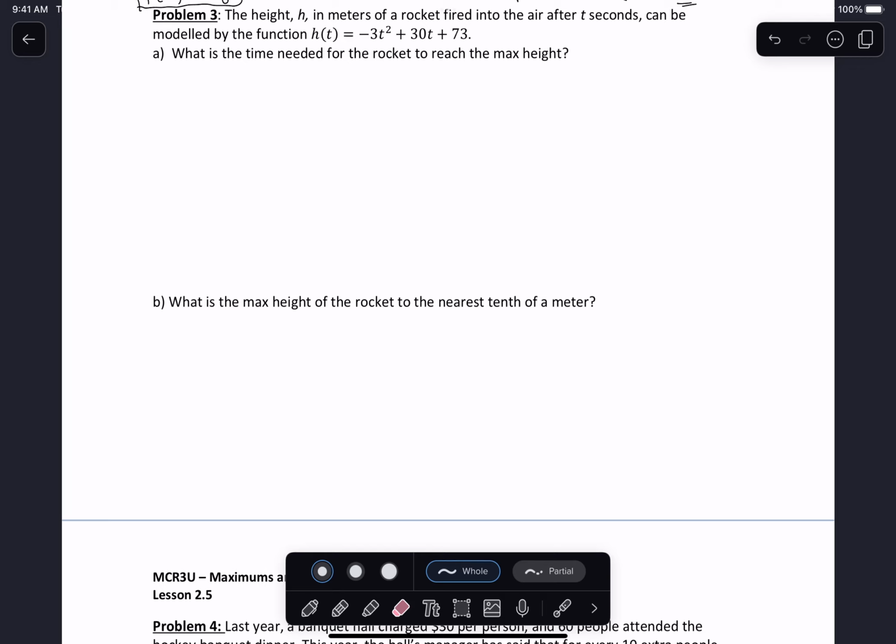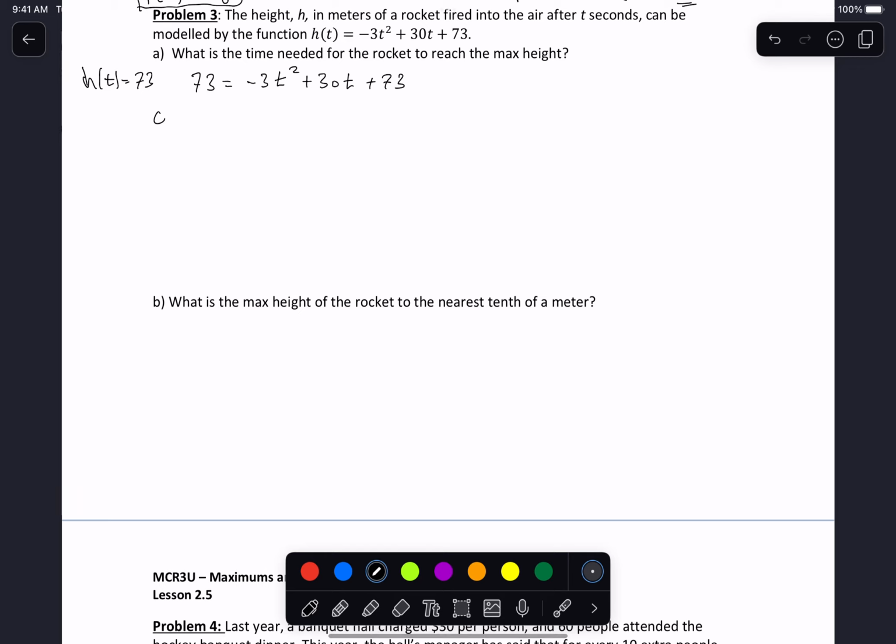Okay, so the height in meters of a rocket fired into the air after t seconds can be modeled by the function h of t is equal to negative 3t squared plus 30t plus 73. What is the time needed for the rocket to reach its maximum height? Find the axis of symmetry. Okay, I'm going to set h of t equal to 73. I get 73 is equal to negative 3t squared plus 30t plus 73. So 0 equals